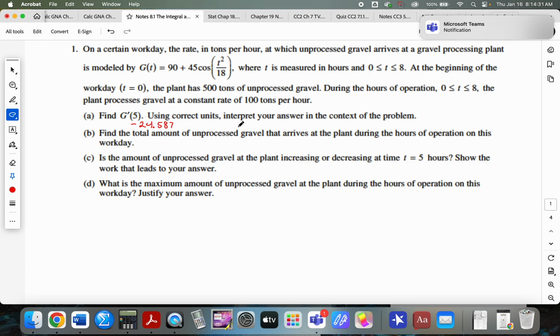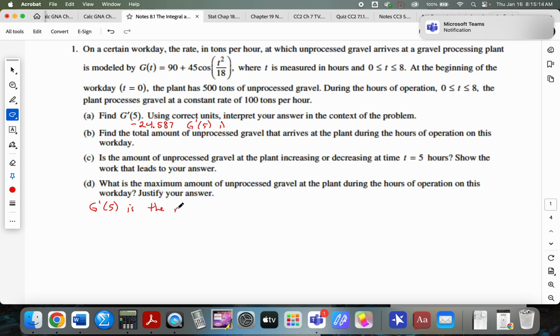That's the derivative. Now we need to, using correct units, interpret your answer in the context of the problem. G of t is the rate at which gravel is being processed. So G prime of t would be what then? It's a little weird. The rate at which that rate is changing? Yes. So G prime of 5